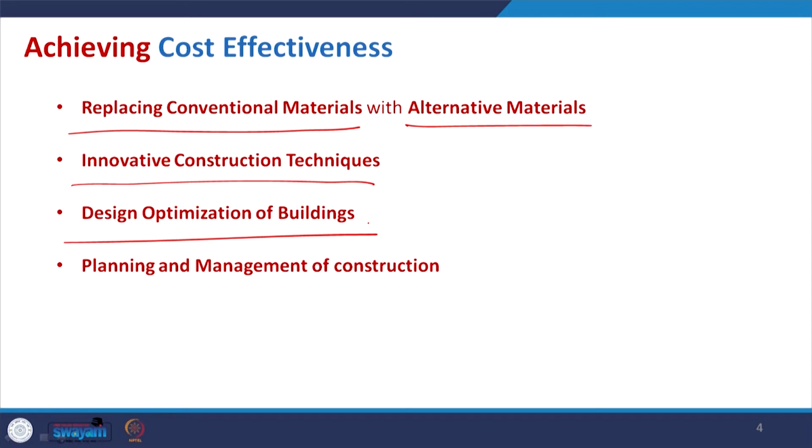Now, again if you take the third point, it is design optimization of the building, which is also essential. Even if you select the right material and the right technique, the arrangement of your building, the design, is the prime job of an architect. In that case, how to optimize the space, how to make each line in the drawing, which will be something like a wall, door or window.